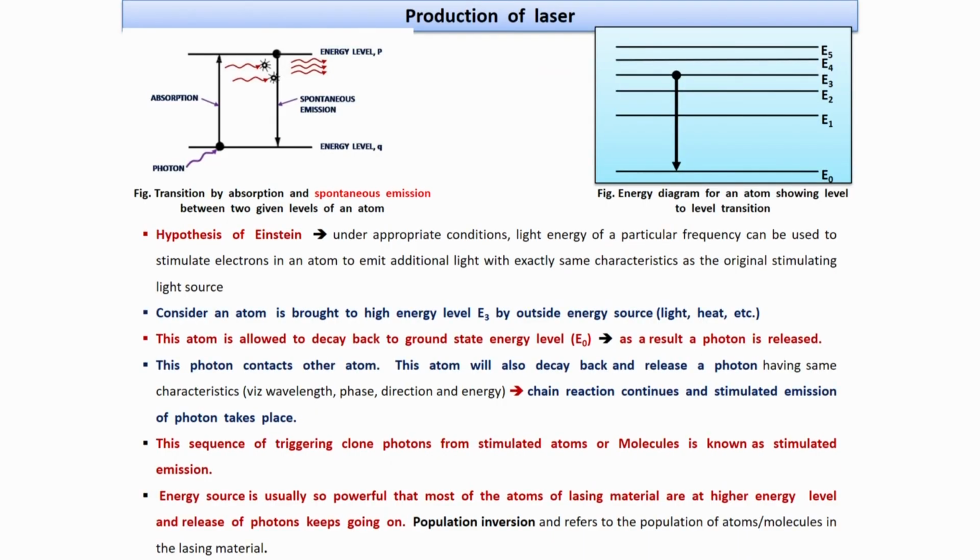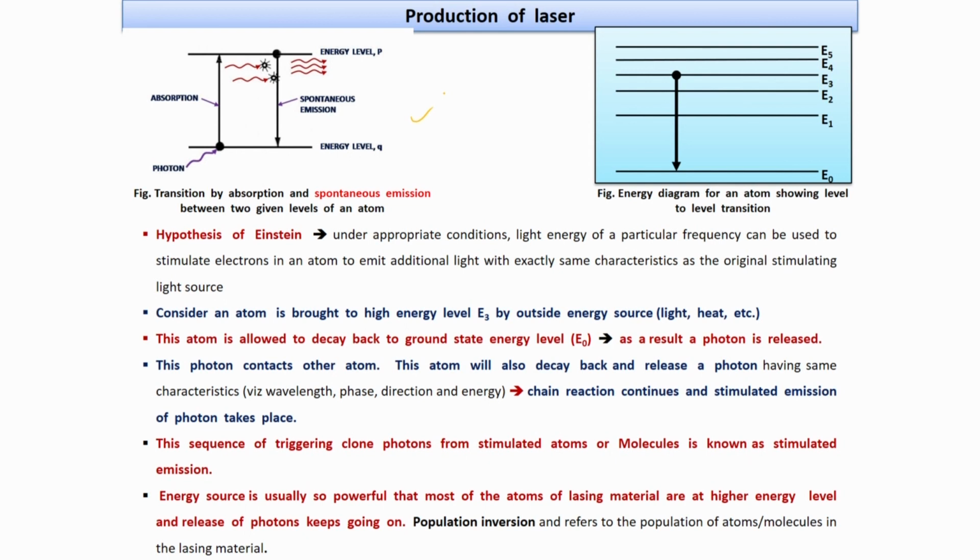So Einstein hypothesized that under appropriate conditions, light energy of a particular frequency can be used to stimulate the electrons in an atom to emit additional light with exactly the same characteristics as that of the original stimulating light source. So consider this figure here,